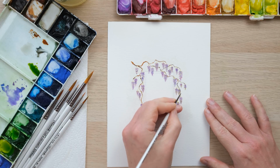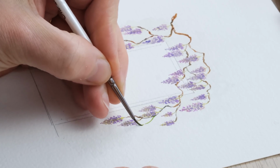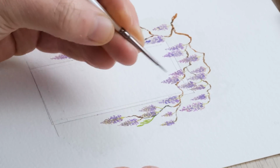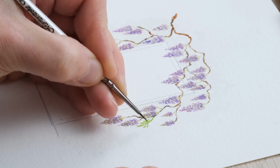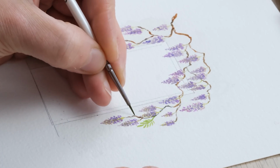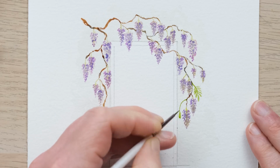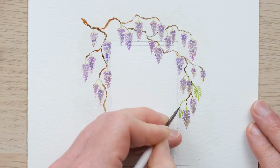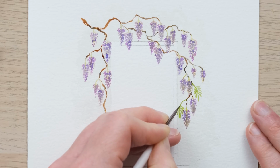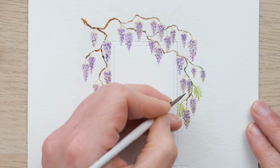So the leaves on a wisteria have quite a long branch and then lots of leaves coming off at both sides. So this is your sort of classic watercolour leaf exercise. So we've got a branch, and then we're going to use the tip and squish the brush down, tip and squish, tip and squish. And it's getting a little bit smaller towards the end, and